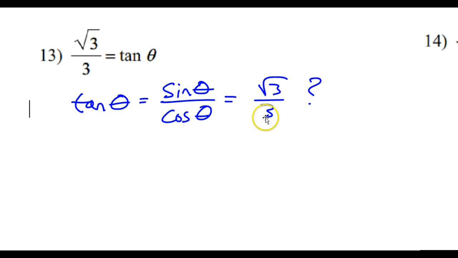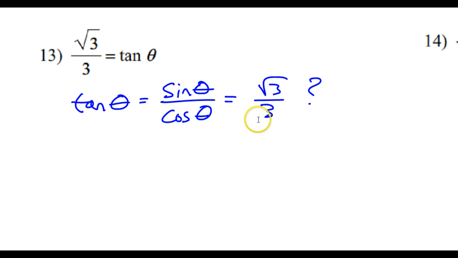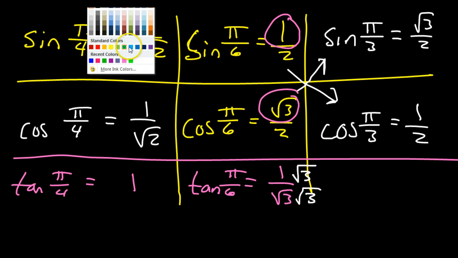Now, this one has potential. It's got the radical 3 in there at least. So maybe, and here my radical 3 is in the denominator. So we've talked about rationalizing the denominator. In other words, getting the radical out of the denominator. So let's do that and see if somehow it becomes radical 3 over 3, because then that would be our answer. So the way we get the radical out of the denominator is by multiplying the numerator and the denominator by the radical. If I do that, then I'm going to wind up getting,